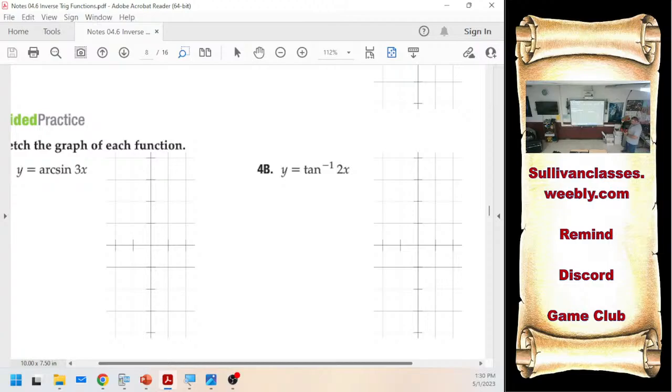Graph the parent function. Start with that. Then go change things. Sine to the negative 1 and arc sine. Mm-hmm. But if they both go to the tangents, that's probably what's happening. Yep,